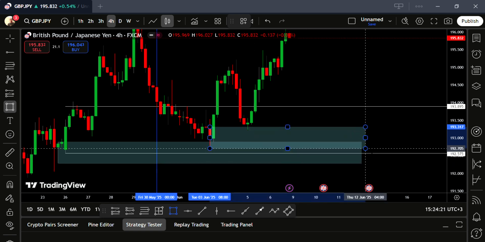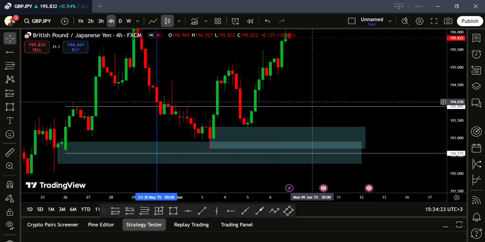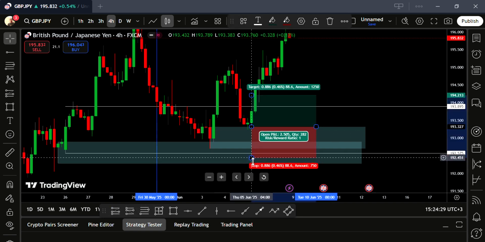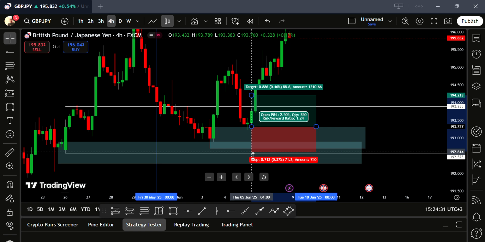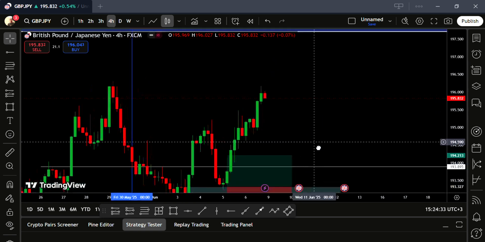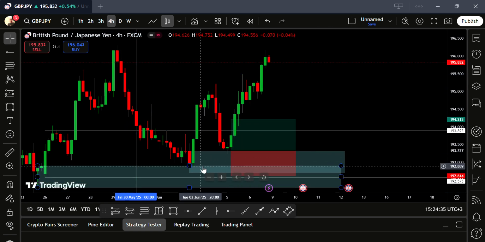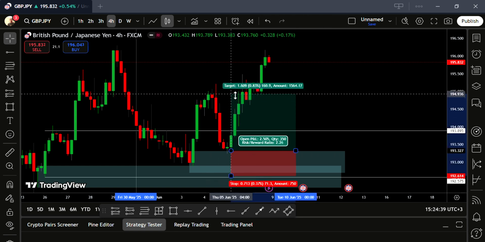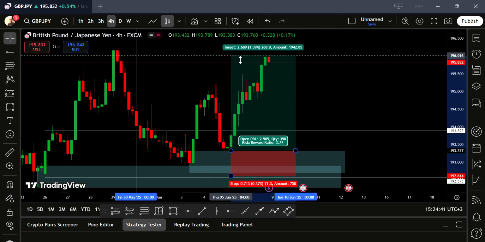This one here created another demand zone there. So after creating a demand zone here, price came, put your buy limits the same way you did for this, put a little wiggle room. Price came, tapped into this demand zone with a weak rejection, and then went all the way to give you around